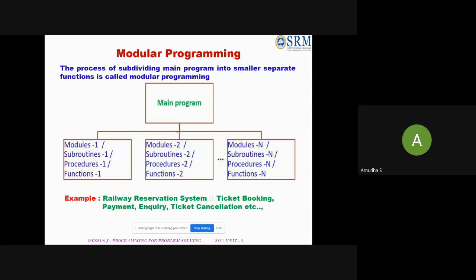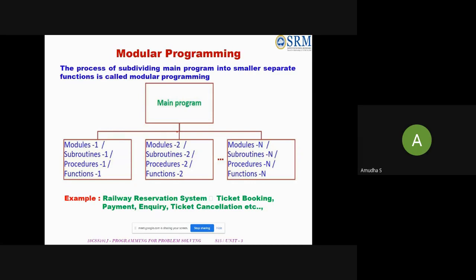They will book the ticket on the particular date for the number of people with the fare. Each one, according to their age, the fare will differ. So that type of calculation will happen in ticket booking. After ticket booking, after 2 days, if it is not possible to travel on that date,